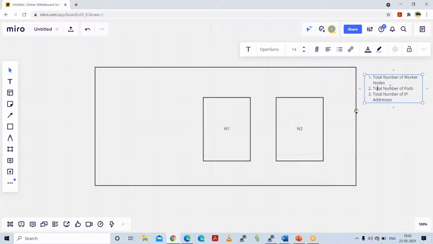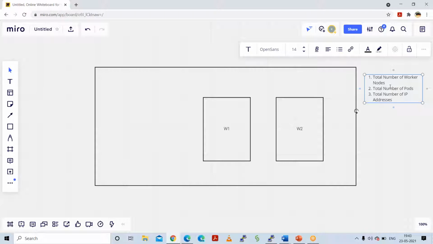But the important thing is that when you are starting the cluster, you should have some rough information in your mind about how many workers should go with it. So for that purpose, it is essential to know the total number of pods required. Depending on that, you can calculate. So if you know that this many pods will be there, from that you can find out